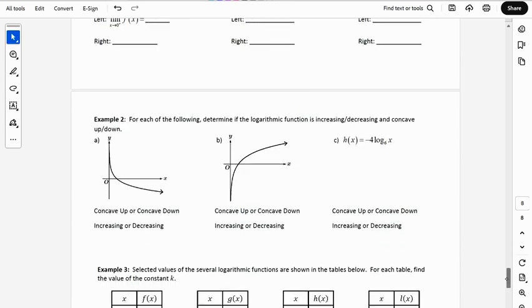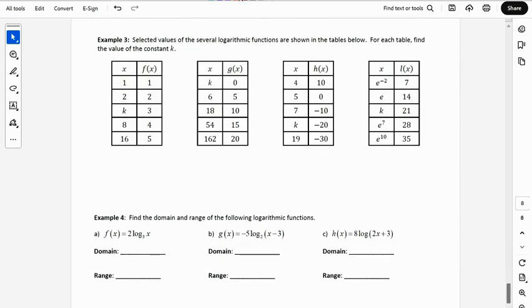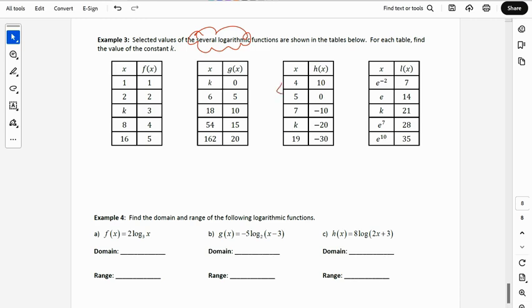Okay, and then let's take a look at our table, when we were looking at tables and trying to do the logarithms, and they told us that they were logarithmic. So we did find on the first two where we could see that it was logarithmic, and we could figure out what the k values needed to be. It was this third one that kind of threw me for a loop for just a second. Now remember, this is the inverse of exponential. So when we don't see that multiplicative change on the input values, when it looks like it's just +1, and then it looks like it's just +2,